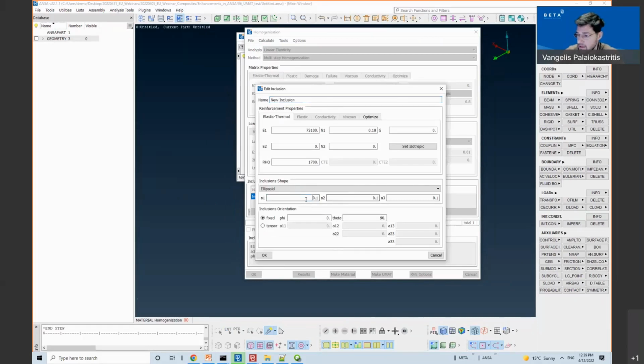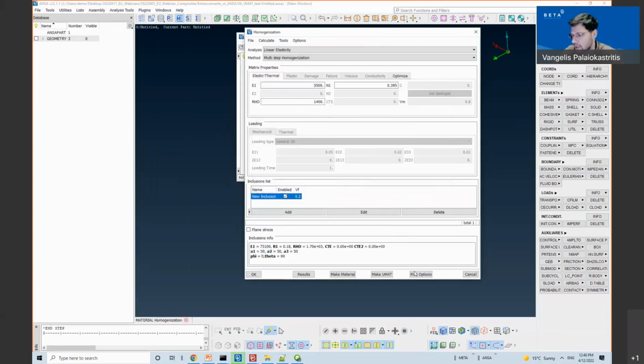Mind that here we need to specify the shape of the ellipsoid, with dimensions that are according to the global geometry resolution and mesh parameters, because the tool will create the mesh, so the values must be consistent with my mesh parameters.